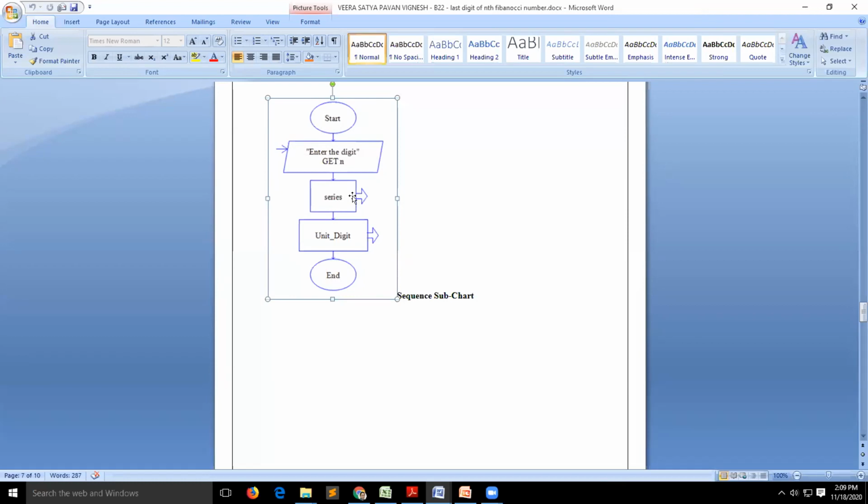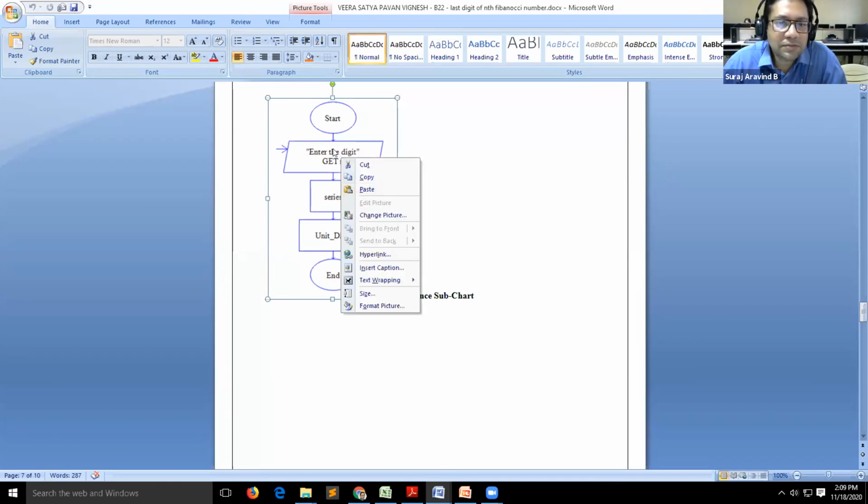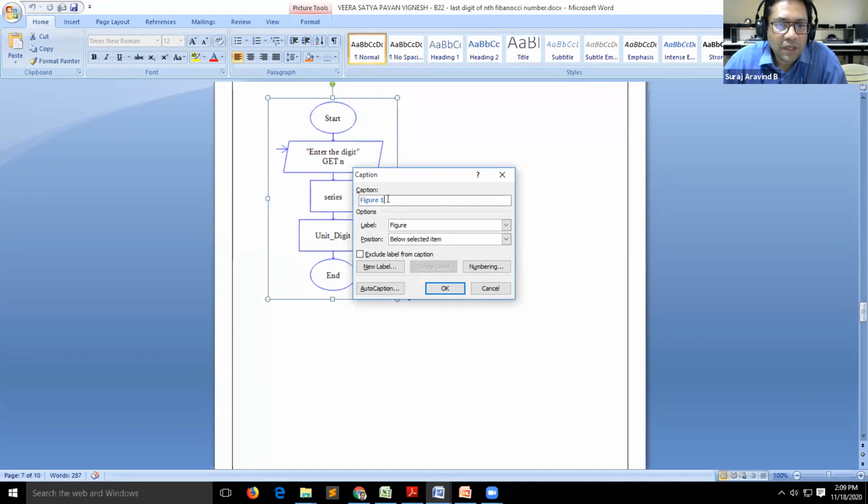In the previous session, we thought of doing it, but it did not work on someone else's system. Okay, let me show you how to do it. You right click on the picture or the figure. There is Insert Caption. And here in the caption name, let this number be as it is; you don't have to change it.